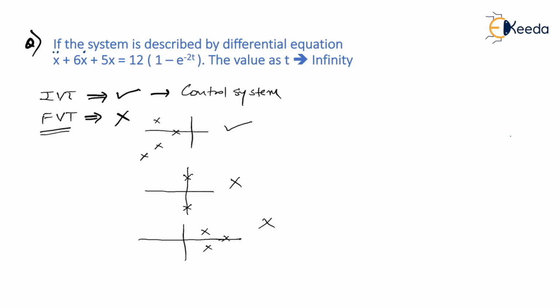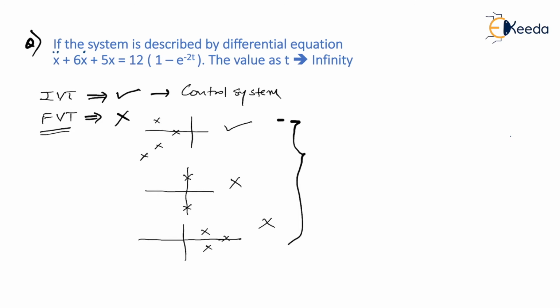What is going to happen in reality, I'll tell you. Suppose you don't care about whatever I have told you, even though it is important, and you blindly apply the final value theorem, and you are unlucky that day and that system happens to be an unbounded system. Even by applying the formula, sometimes it might happen that you will get some value. This is dangerous. You'll still get some value, and again, those who set the problem are far beyond this. They understand the mentality of the student.